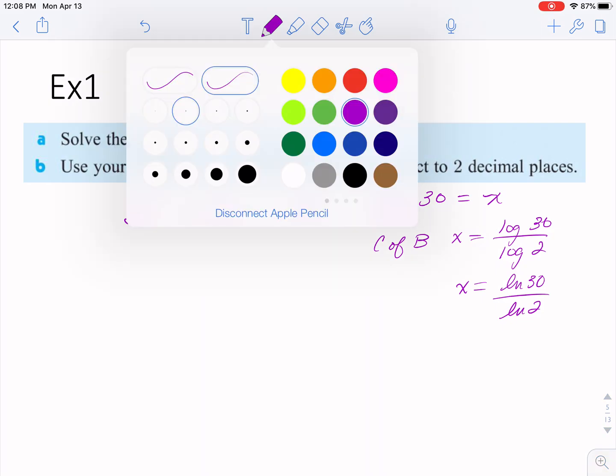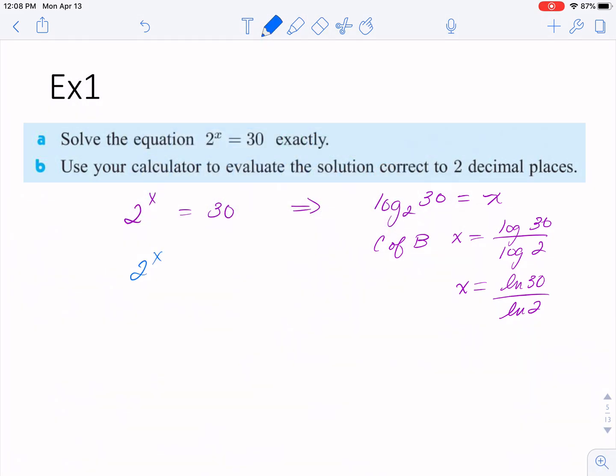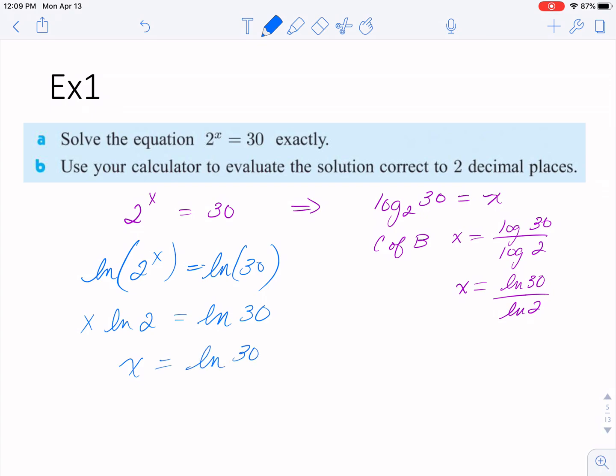Well, the cool thing about exponentials and logarithms is because they are one-to-one functions, I can actually just take the log of both sides. Because what happens when I take the log of both sides is I use my rules from last time, and my exponent x goes in front. So I get x ln of 2 equals ln of 30. I'm going to solve for x. I'm going to divide ln of 30 by ln of 2. It is the same